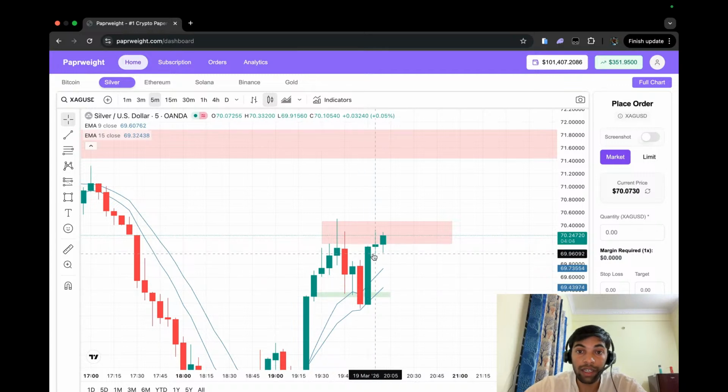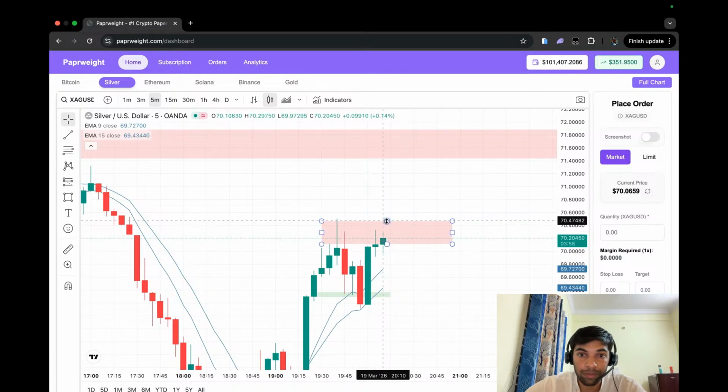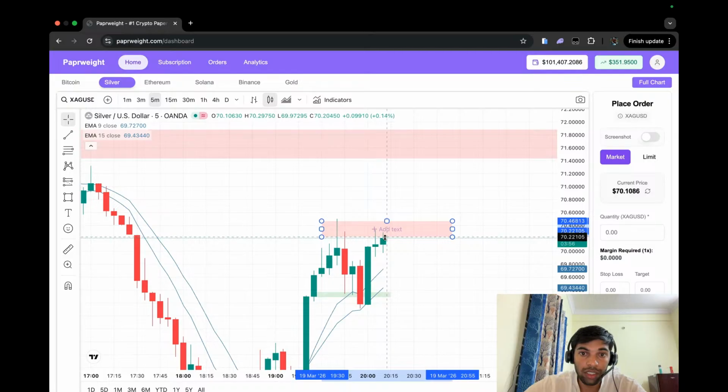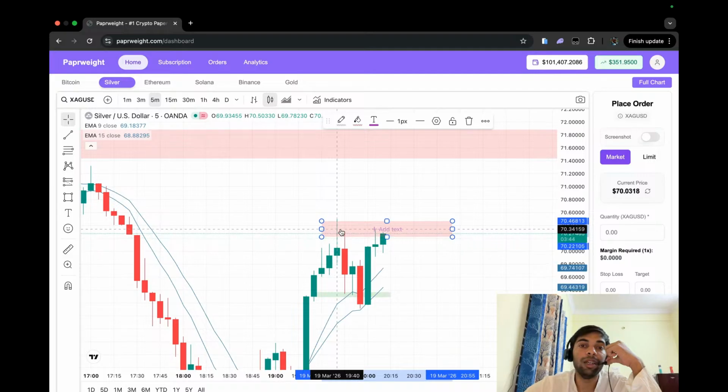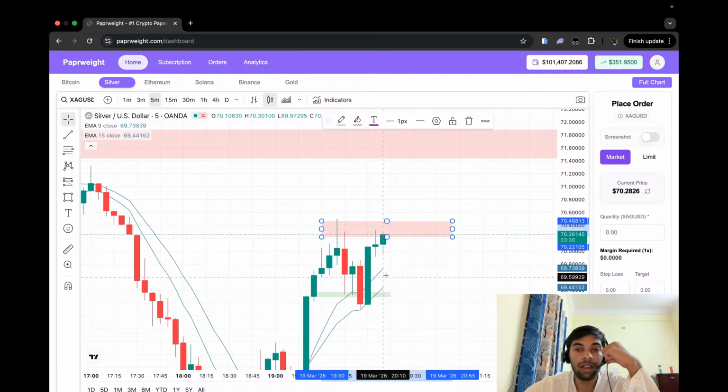And it invited too many buyers, but at the same time this is a little selling zone where the market faced rejection earlier, and I just took this as a selling zone. I took a small risk that the market might make a double top like here and here, and can move up till here, but